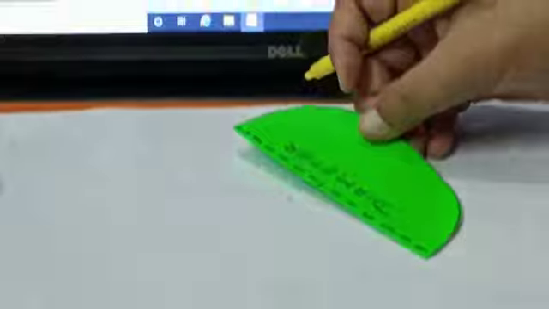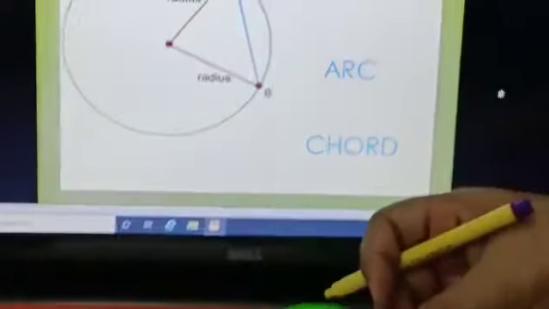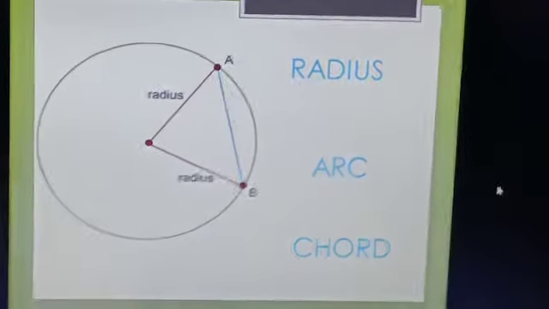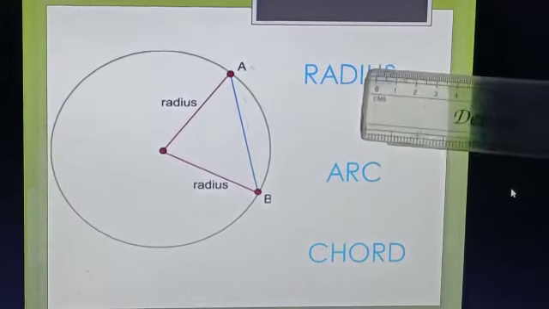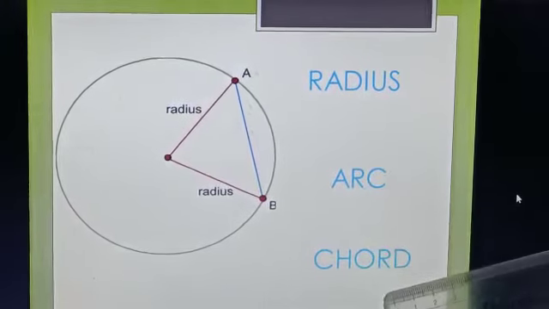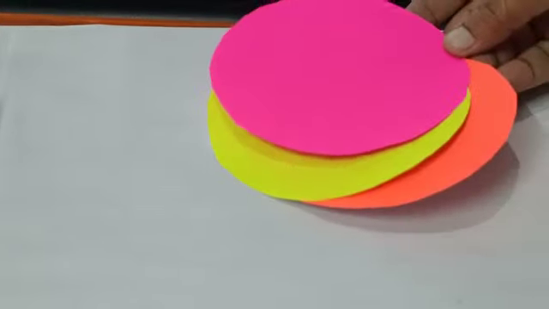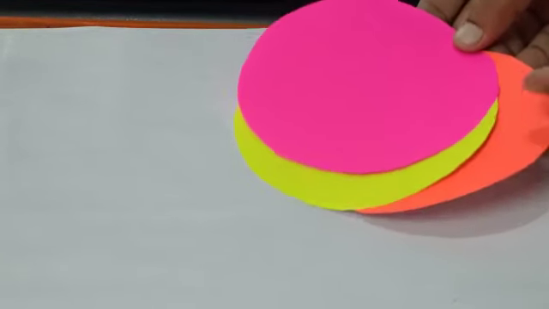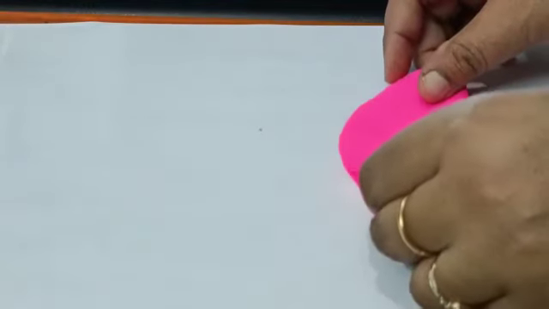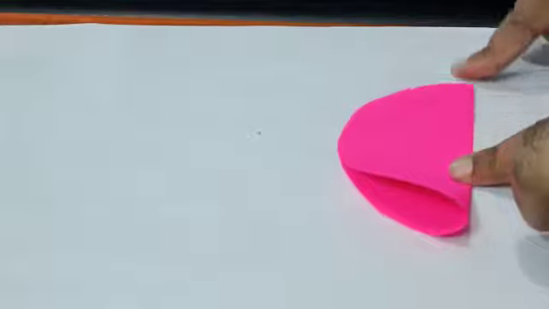Now we proceed to the next part. In this we are going to show the radius, arc and the chord of the circle. To show these three parts, I have taken three circles. First, we'll do the radius of the circle. To show the radius of the circle, I'll give one fold to the circle, which gives me the diameter.